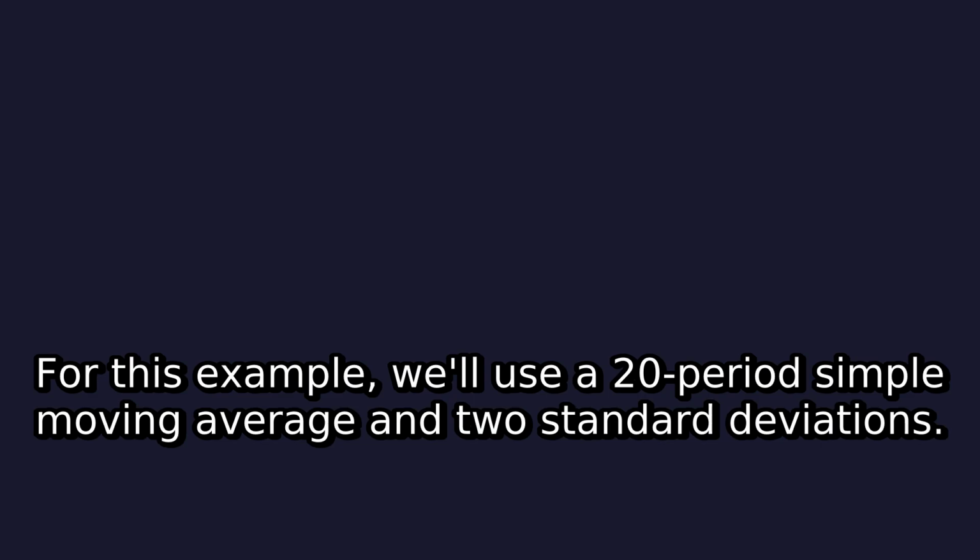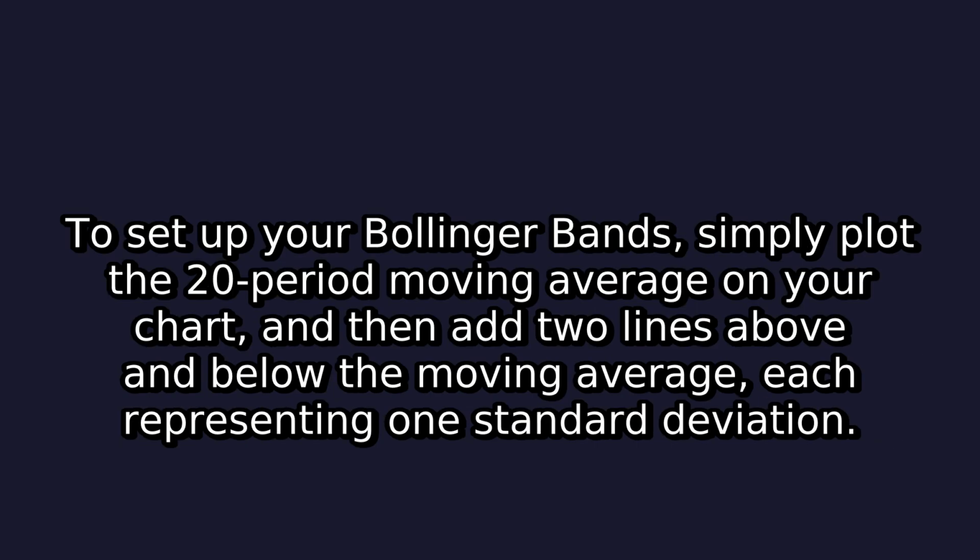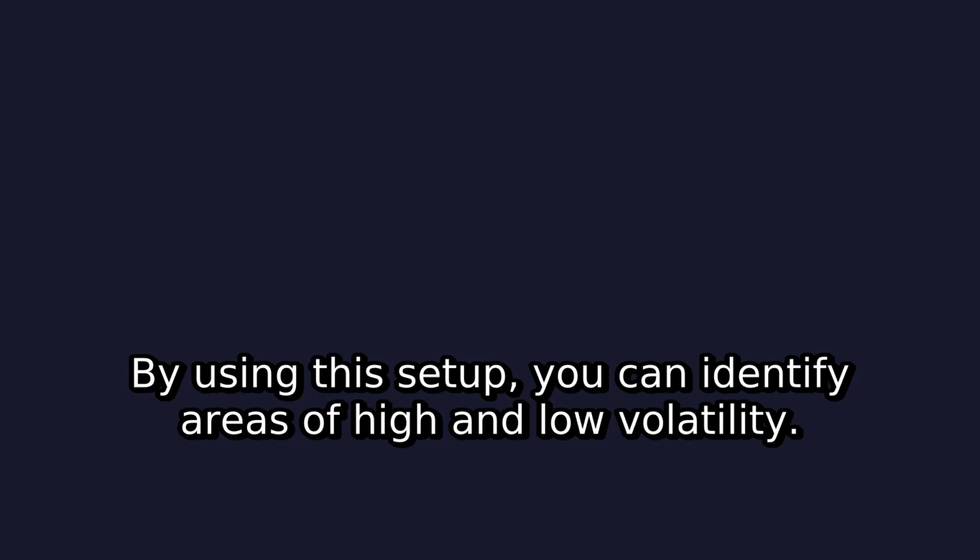For this example, we'll use a 20-period simple moving average and 2 standard deviations. This is a common setup that provides a good balance between sensitivity and reliability. To set up your Bollinger Bands, simply plot the 20-period moving average on your chart, and then add 2 lines above and below the moving average, each representing 1 standard deviation. By using this setup,